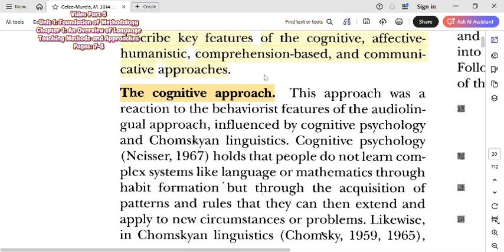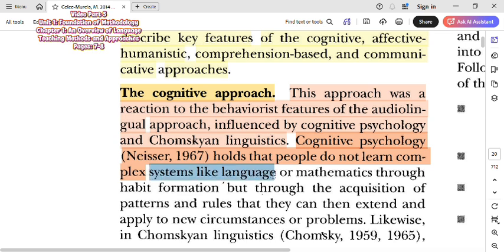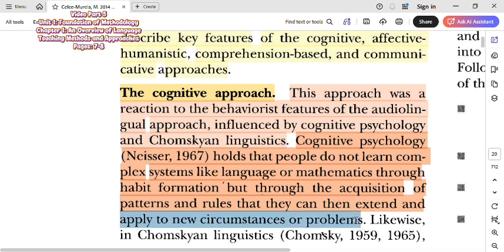The cognitive approach. This approach was a reaction to the behaviorist features of the audiolingual approach, influenced by cognitive psychology and Chomskyan linguistics. Cognitive psychology (Neisser, 1967) holds that people do not learn complex systems like language or mathematics through habit formation, but through the acquisition of patterns and rules that they can then extend and apply to